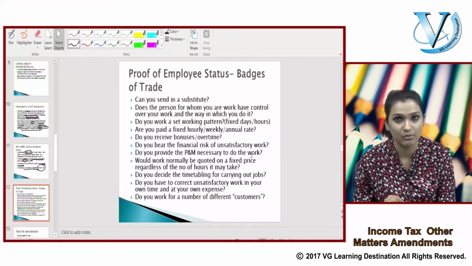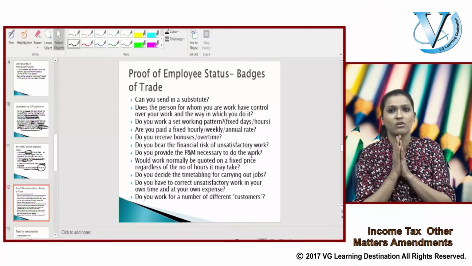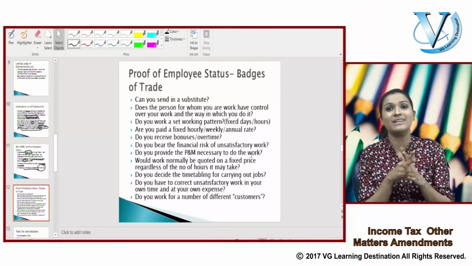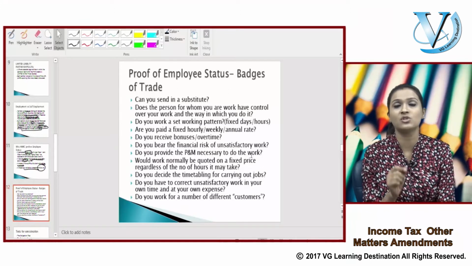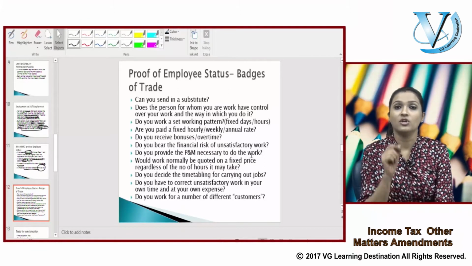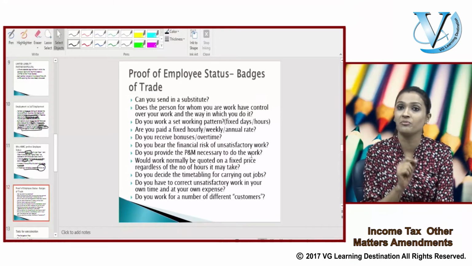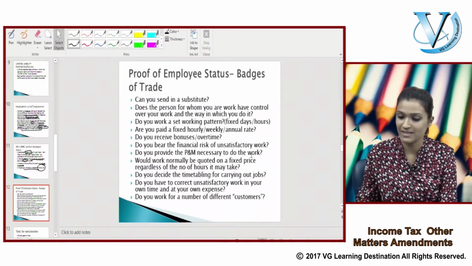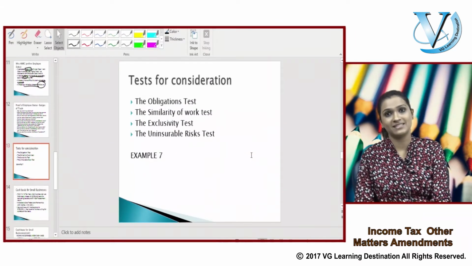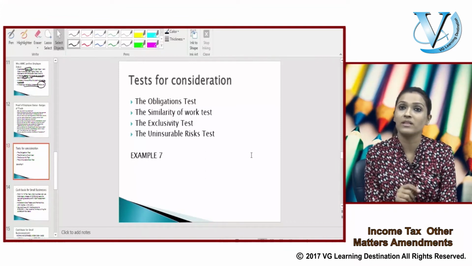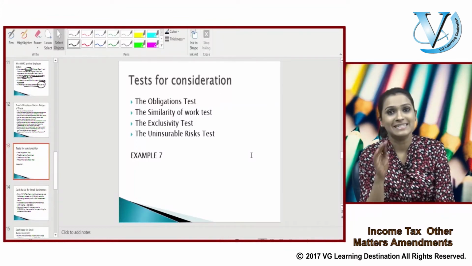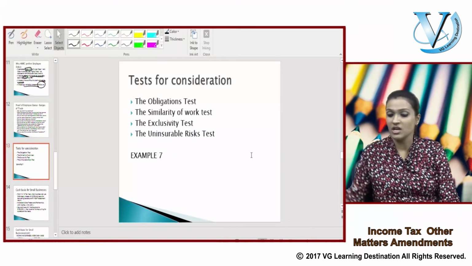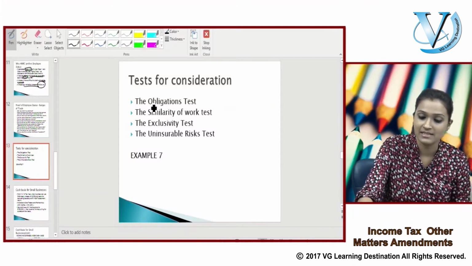Now, all of these questions, all of these badges of employment we've done, let's sum this up in a few tests that you need to ask. You need to ask yourself in order to determine your tax status, whether it is going to be determined as an employee or as a self-employed person. So let's have a look at the tests for considering whether you will be employed or self-employed. First, let's have a look at the first test, which is the obligations test,